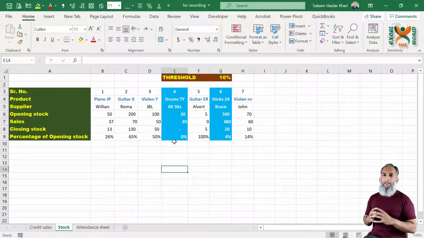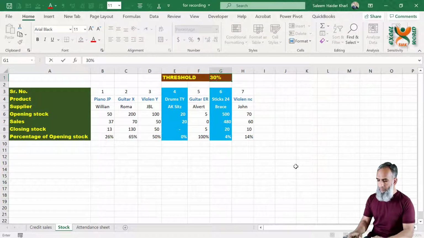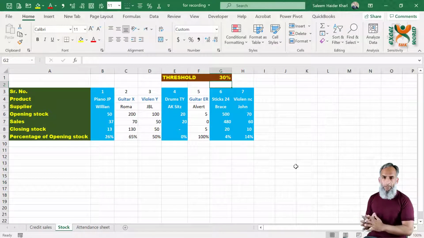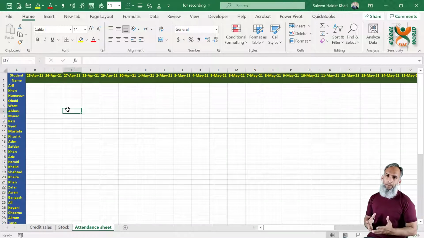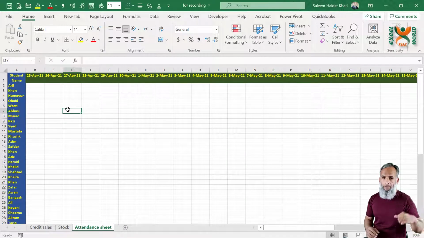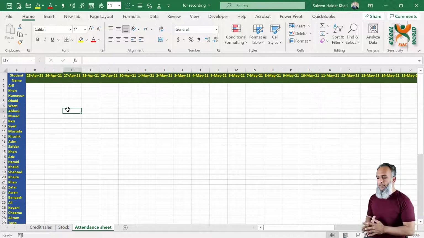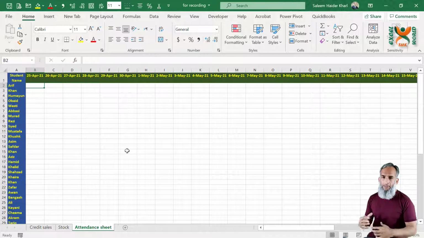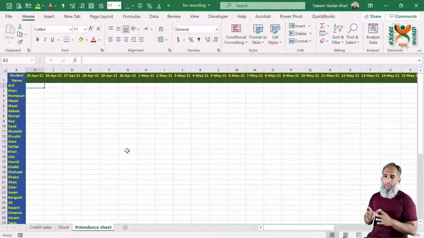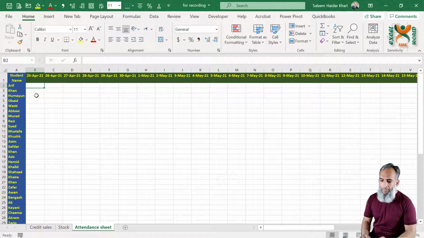So you need to understand when you have to highlight a column and when you have to highlight a row. Let us change the threshold to 30. Your results will update accordingly. The last example is about an attendance sheet, a very simple format. We have the students listed down, and then we have different columns representing different dates. Each day the teacher comes and has to take the attendance. So is there a possibility to highlight a particular column based on the system date? Whenever the system date changes, the next column is highlighted and the teacher will take the attendance the next day. So this is very simple.